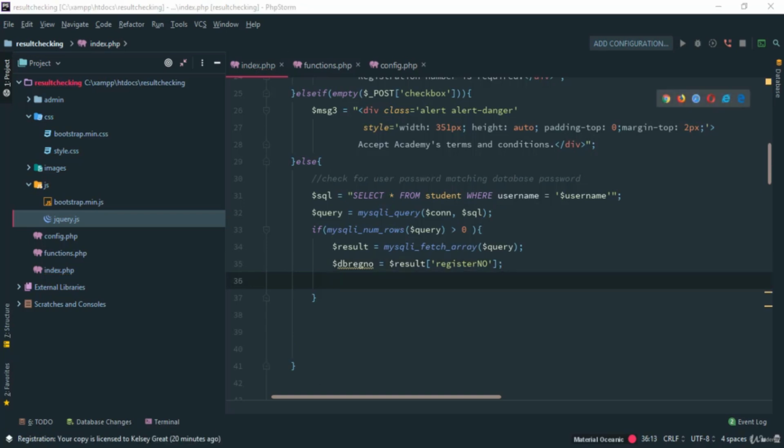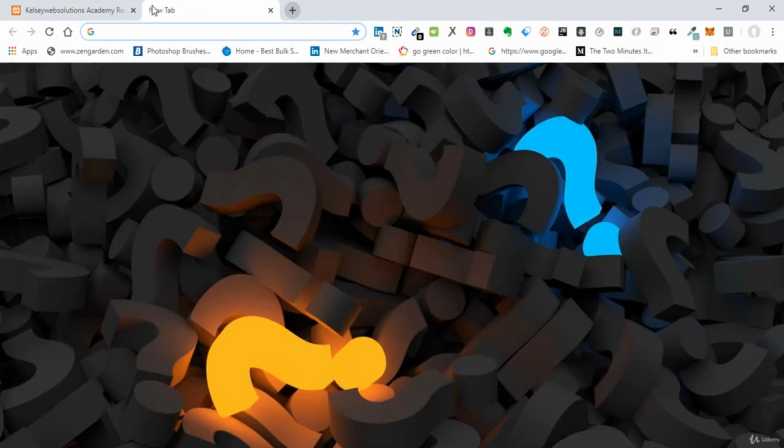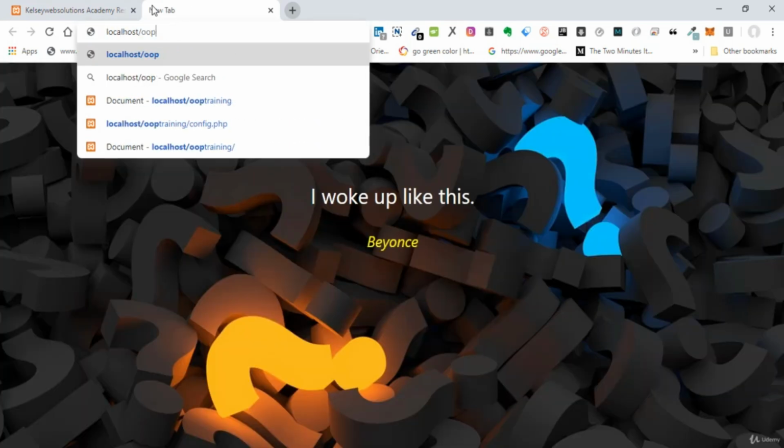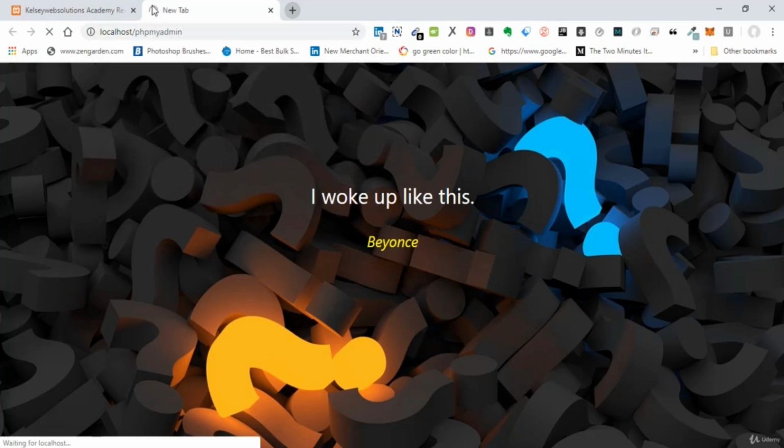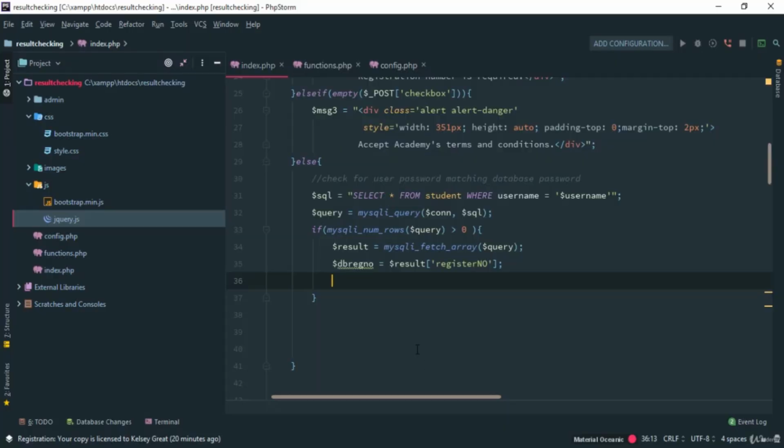Okay, and to confirm that, I will just come to the database very quickly. So localhost phpMyAdmin. So let's quickly open the database so we can confirm that. While that is loading, I will come back to my editor here. Then I'm going to also fetch the db username again. So db username will be equal to result username. Okay, result username. All right,